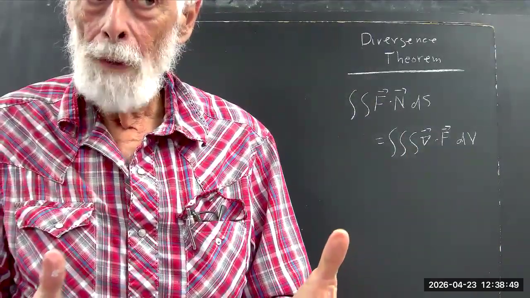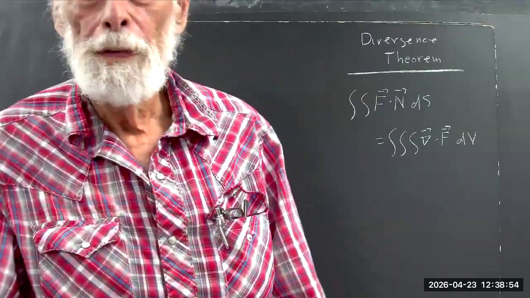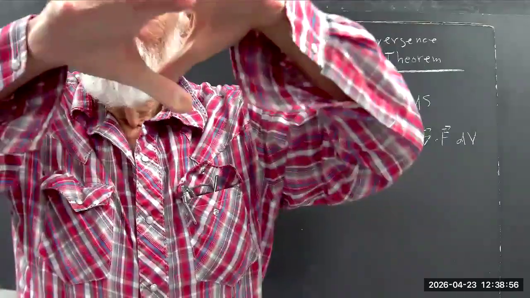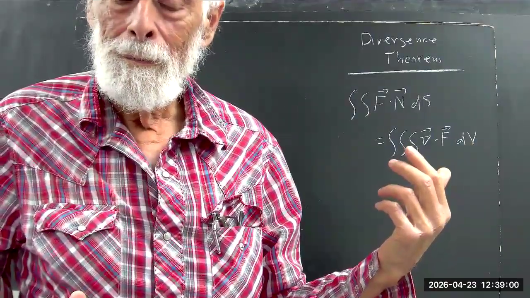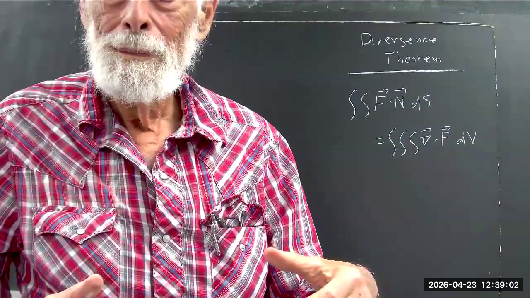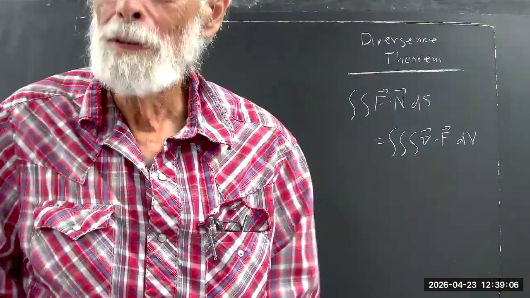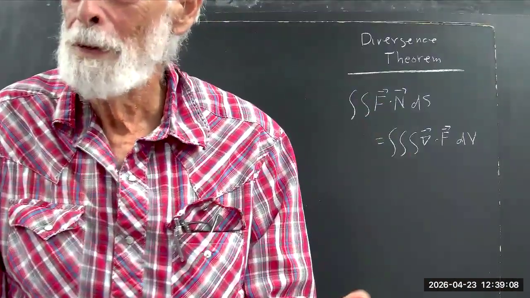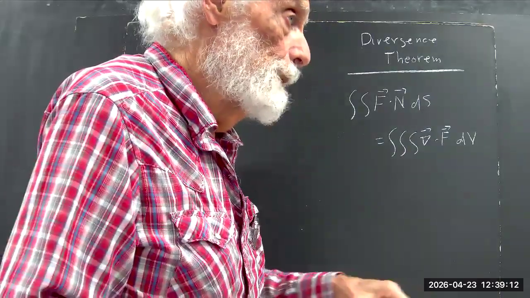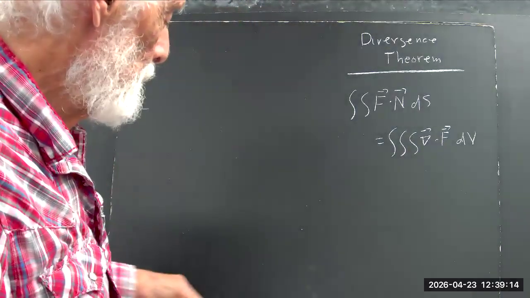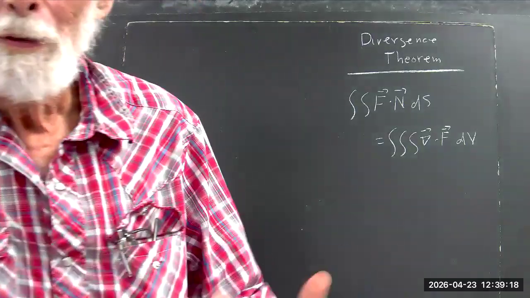Whereas with Stokes' theorem you had a curve bounding a surface, here you have a volume bounded by a surface. There's a similar feel to it, but they're very different theorems, and they measure different things because divergence and curl